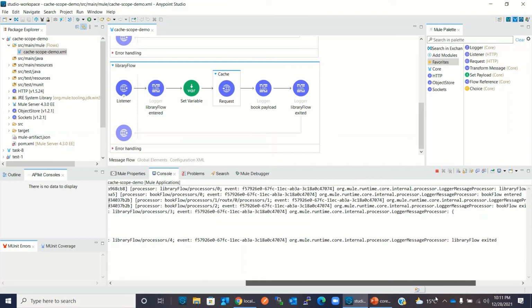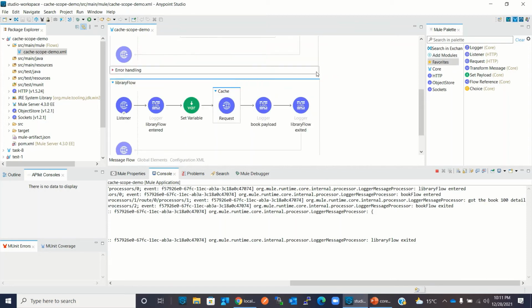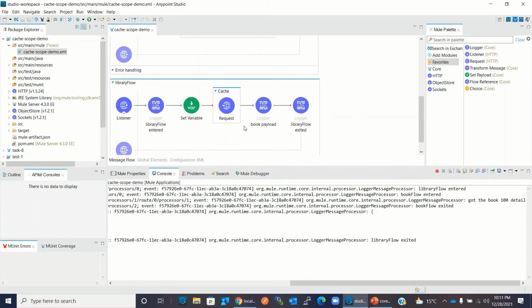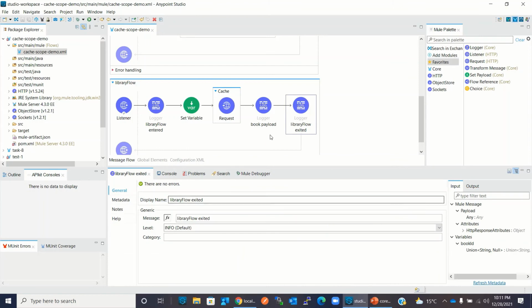Because it's the first call, it goes to the library flow, then to the book flow entered, and then it got the book 100 detail, because it's printing this first, and then it's processing it, building the payload for book 100, and then printing the got the book 100 detail, and exiting book flow, and then it's coming back here and then printing the payload. So all the same process, then exiting the